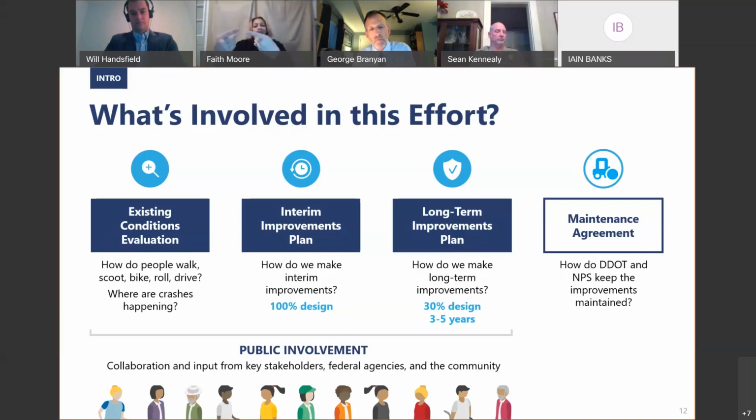And at the bottom of this slide, we talk about the public involvement. This is the first of 2 meetings that are public facing, and then we are also having collaboration and input from key stakeholders: the federal agencies along the corridor planning area, the community, the tour bus operators, and any number of special groups to protect and enhance the area around the National Park Service land, and the White House, obviously. So if we could go to the next slide,